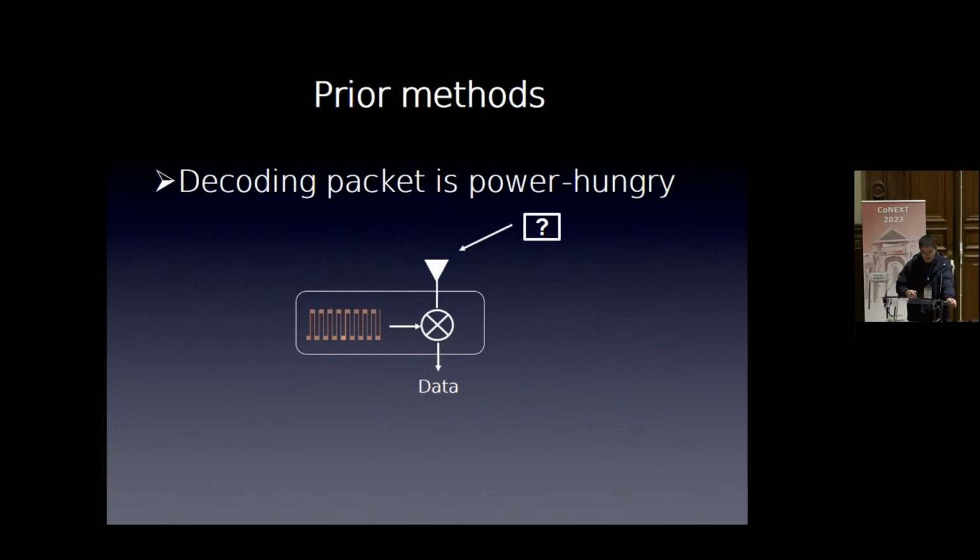The most direct way to identify frequency is to decode the packet like active communication, but the decoding circuit is power hungry because the decoding process is an inverse of the transmission. They both need the excitations to downgrade the carrier signal. So this is a power hungry operation, and it is not supported on our ultra low power backscatter tag.